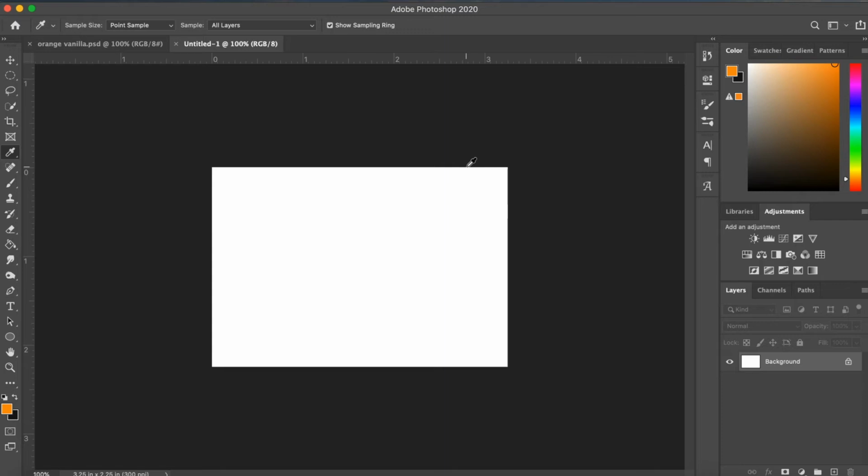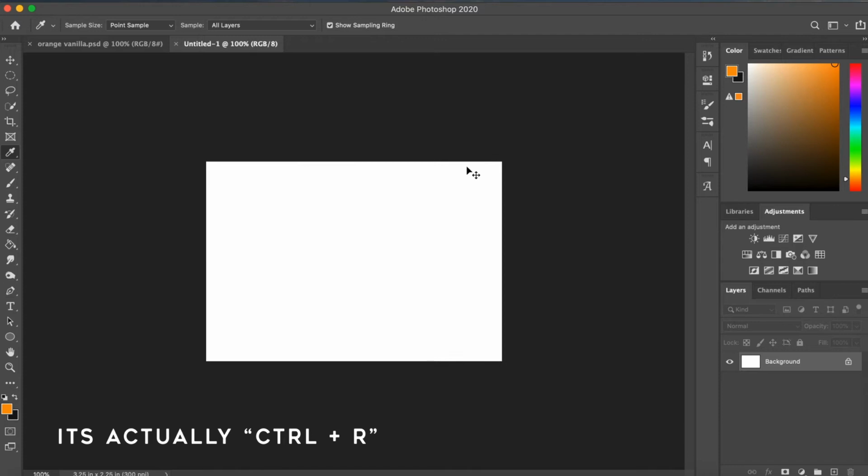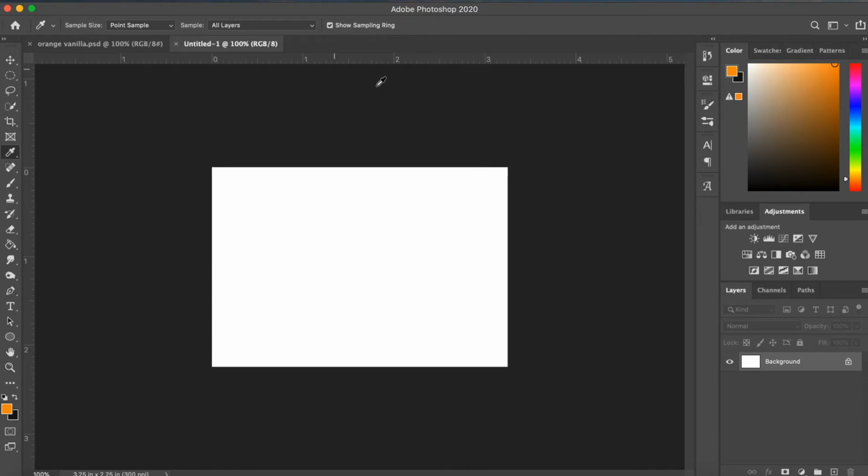But if you are in Photoshop, you can do Command R on a Mac or Alt R on a Windows, I'm pretty sure. So that will hide and show the rulers. So if they're not showing, that's how you can do that quickly. So when the rulers are up, basically I want to put the bleed room lines on there so I know